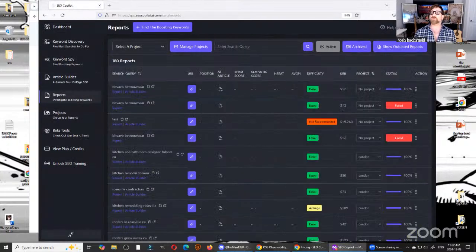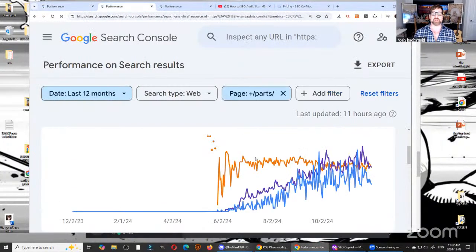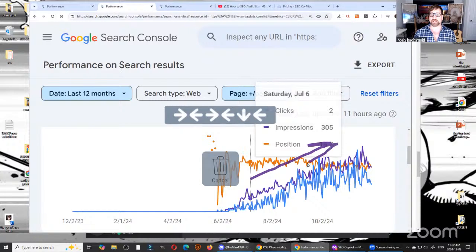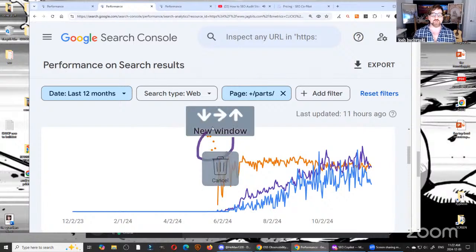But whether you use it or not, you need to build content, and you need to build content fast. You need to build it fast enough that Google sees that you're serious, sees that you're a real company, sees that you're high quality, sees that you're experts, sees that you can publish high quality, trustworthy content on a regular basis, and they start to trust you.